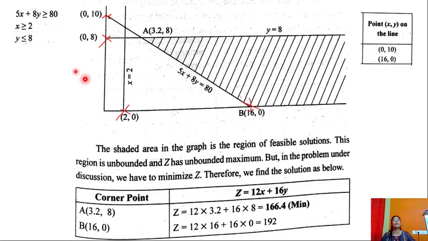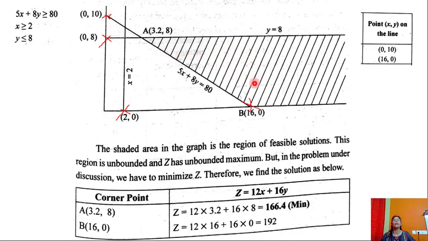X greater than or equal to 2. So this is x equal to 2. So this whole region is greater than or equal to 2. And y less than or equal to 8. If y is equal to 8 is here, this lower region will be less than or equal to 8. So the common region for these three lines 1, 2 and 3 will be the common region which is